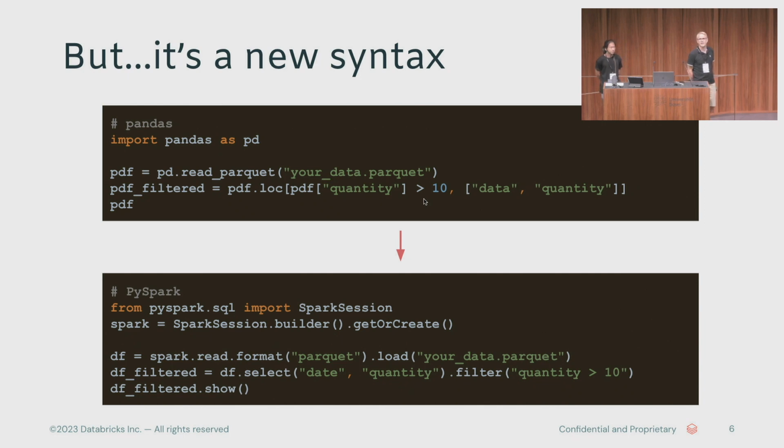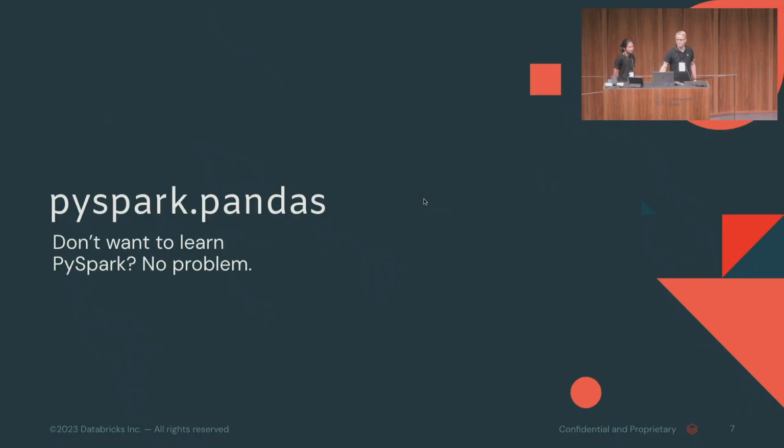But this Pandas API on Spark that we're about to talk about, is that really necessary? We have PySpark in the Spark community. Well, the issue here is that the syntax is different. This is just a simple example at the top using pandas and a PySpark example at the bottom. And there's a good amount of differences. Not that you cannot learn it, but it's still an adoption curve for the end user. So how can we get around that? How can we avoid that? People need to learn PySpark.